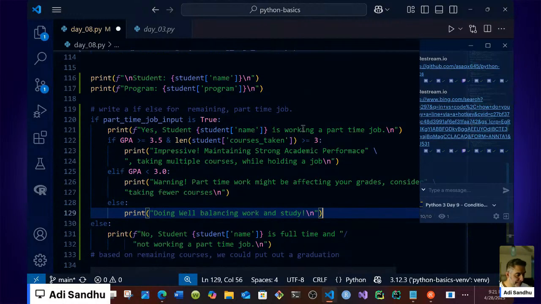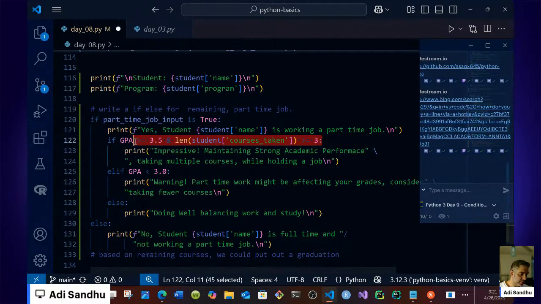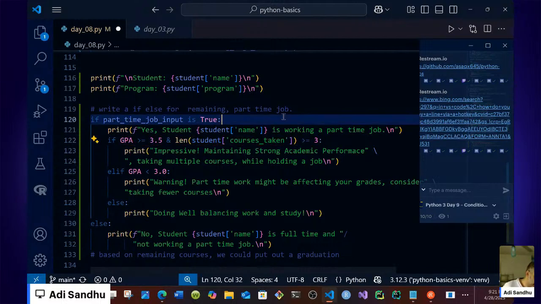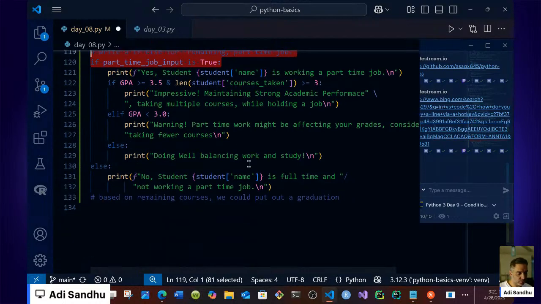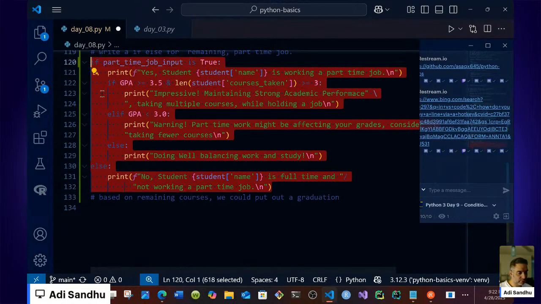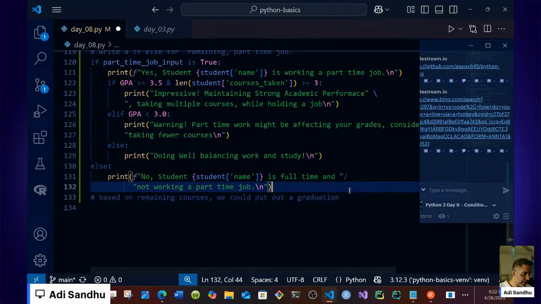GPA and a second variable here, length of courses taken. And what it's doing is it's taking your GPA into consideration. It's saying, hey, what courses you have, and then it's taking a part-time status Boolean as well, assigned to true, and if it's true, then it's going to execute this code block, right? So we've done that as well,